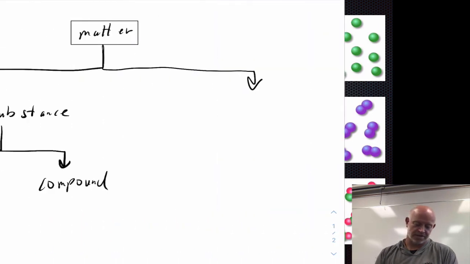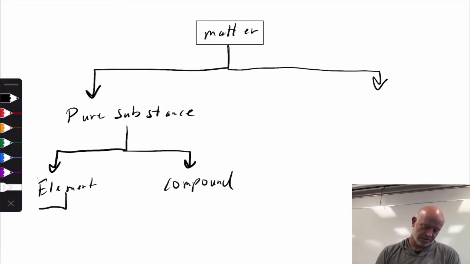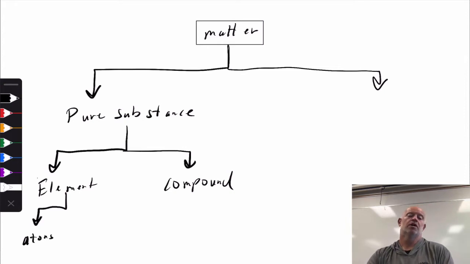Now, within the element itself, typically we think of elements as breaking down into individual atoms. So if you have a single atom of carbon, that's its smallest building block you can have. If we break down that one atom of carbon, remember carbon has 6 protons, it has 6 electrons as long as it's neutral, and it has anywhere from 6 to 8 neutrons depending on which isotope of carbon we're talking about. But carbon itself can break down into its smallest piece of being an atom. Same thing for every element, okay?